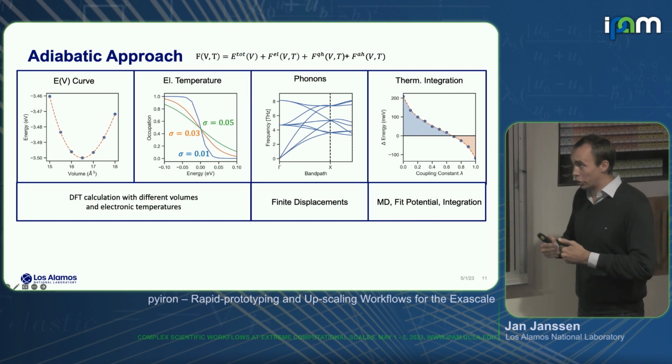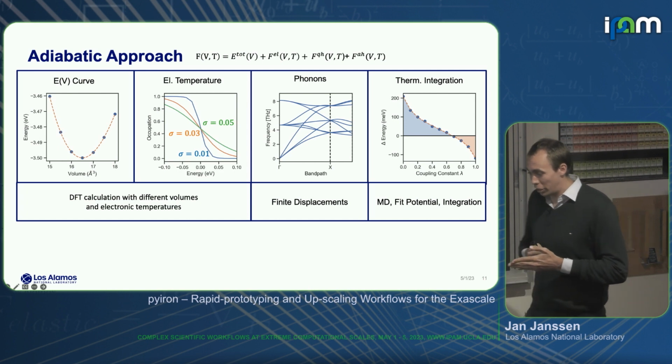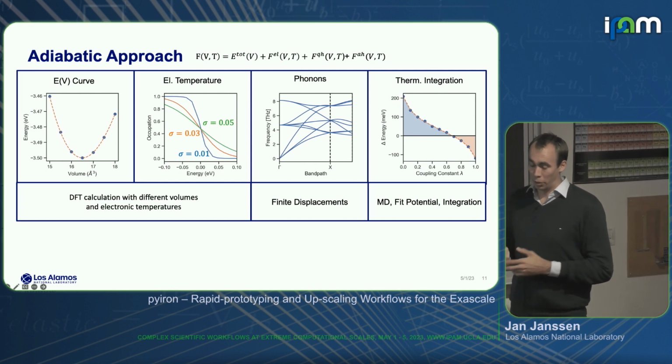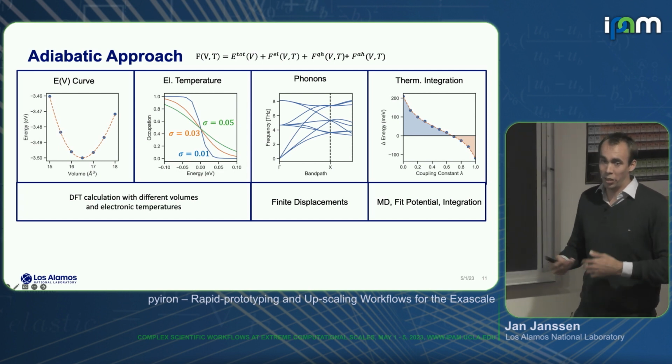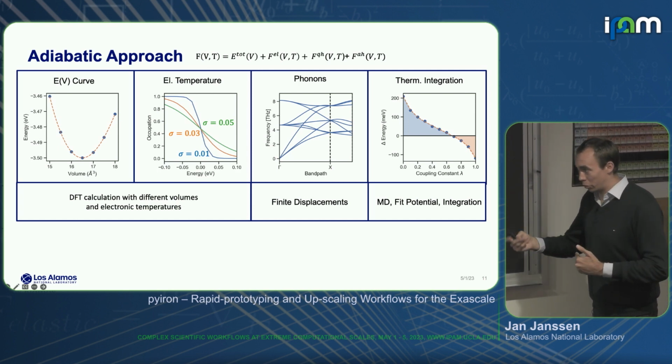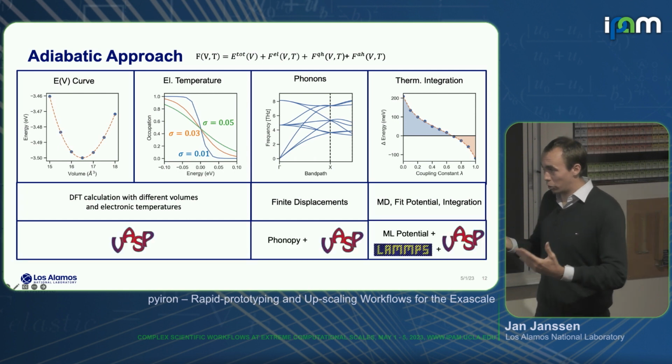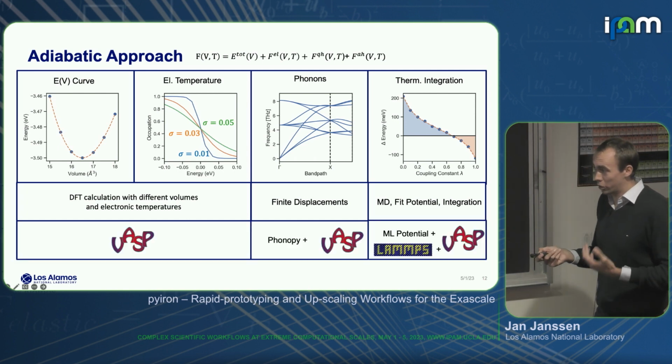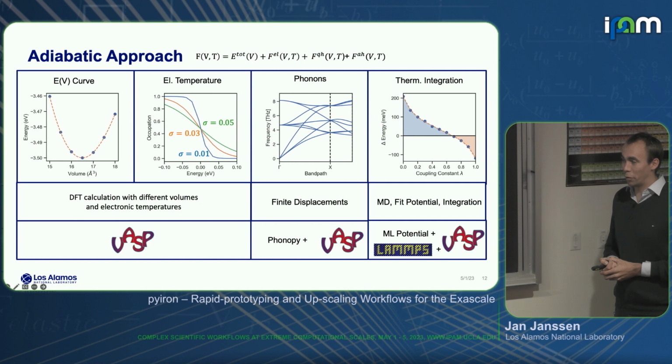So we could also get all these contributions basically by running a very long DFT molecular dynamics trajectory, but that would be highly inefficient computationally. So we really want to find ways to calculate this efficiently. And so if you look here at the different codes, it's basically the perspective of a PhD student, right?